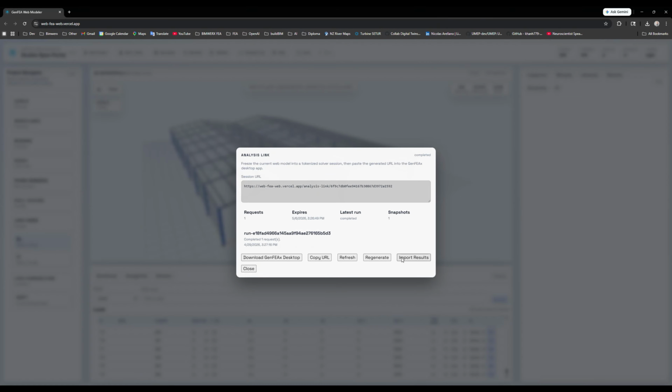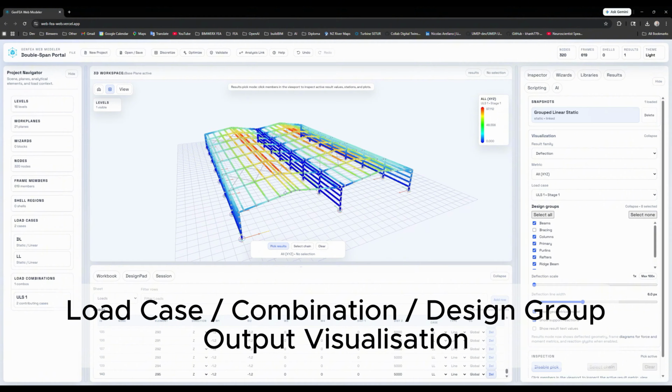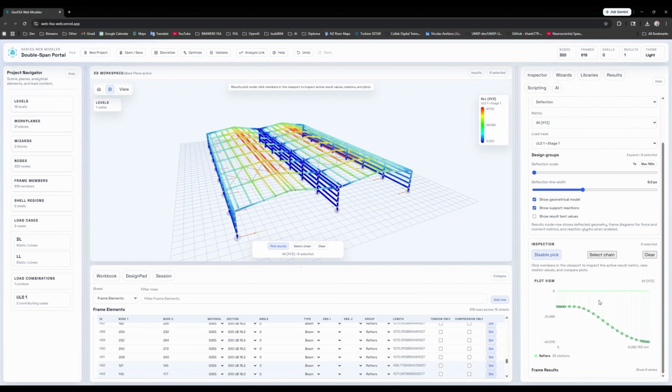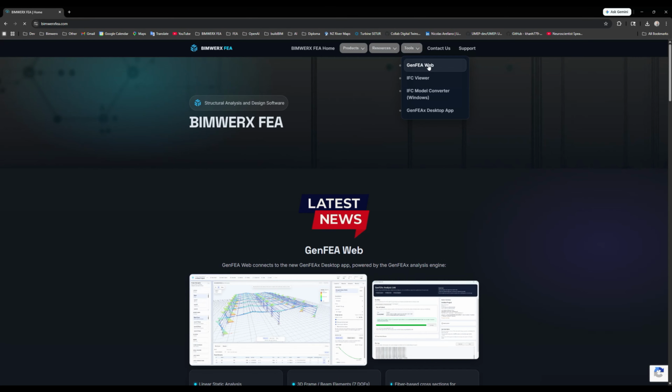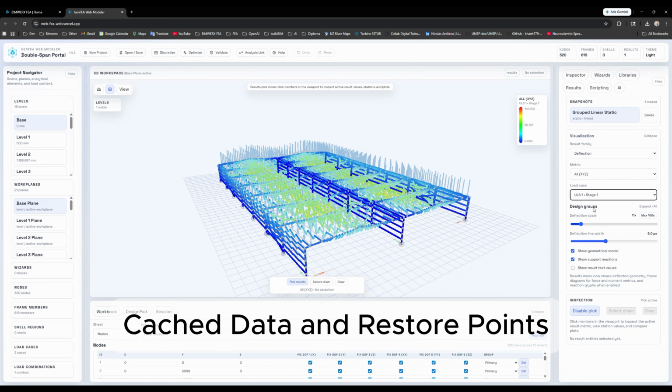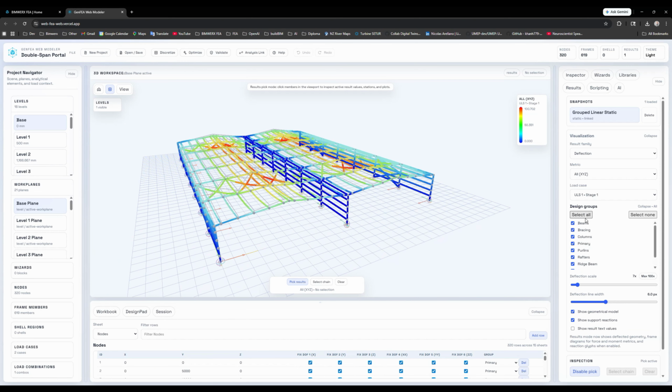Again, this requires no installation. It is a standalone application, and it connects directly to the GenFEA web model, sending information to and from the engine to the web interface where we can visualize results and outputs. Model data is cached, so if there was a browser interruption, it means that those points can be restored and